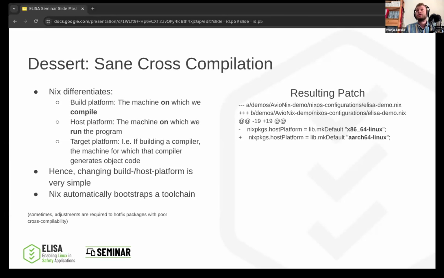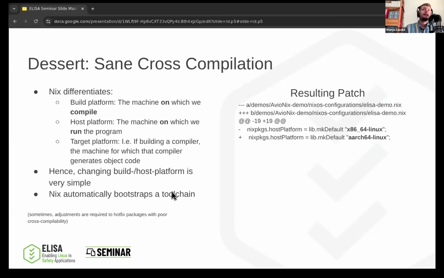And we have demos in this repository where we compile, for example, from x86 to ARM v8, 64-bit AArch64, to have that covered. We also have one user in the aerospace working group who uses an ARM-based laptop, so they actually do cross-compilation the other way around. They compile from ARM to x86 to have the same demos that we have. And then there's the target platform, last thing. In the special case that the package which we are building at the moment is itself a compiler, then the target platform is the platform for which this compiler can generate object code.